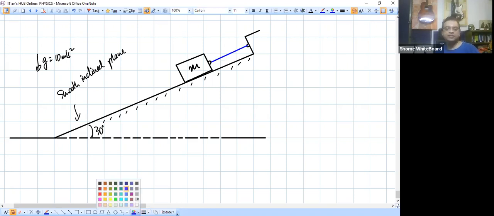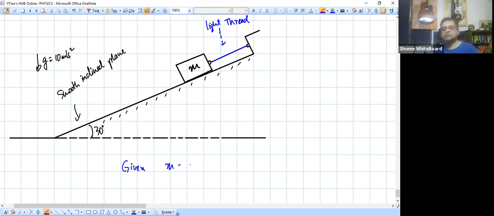So we have to find the tension in the thread, given that we know the mass of the block. Okay, so this is a light thread. So given that the mass of the block is 20 kg, first of all,